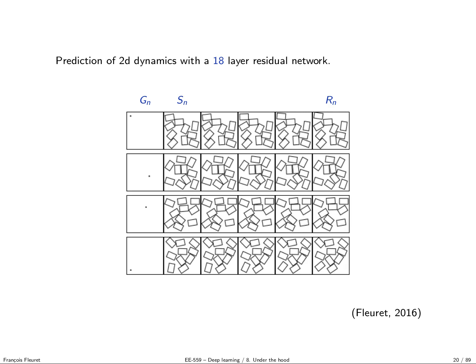Another example, this one is something I did 2 years ago. The idea was to train a network to predict the dynamics of objects in the plane. It's based on a simple physics simulator. Here what you can see is we have a starting configuration of rectangles, a grasping point, and then we apply a force upward for a while, and we get a final configuration. For instance, here we are grabbing this rectangle, the grabbing point is there, and then we move it upward for a while, and we get this configuration. Here we grab this rectangle there, and we push it upward, and we see that it turns.